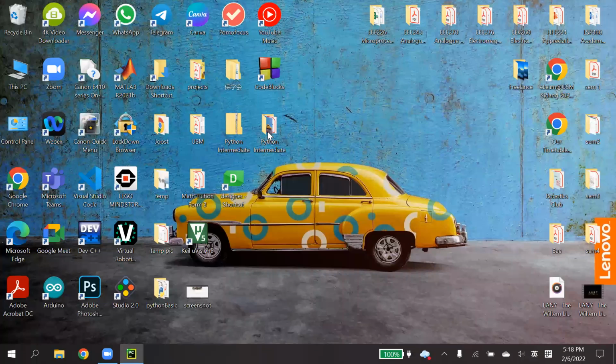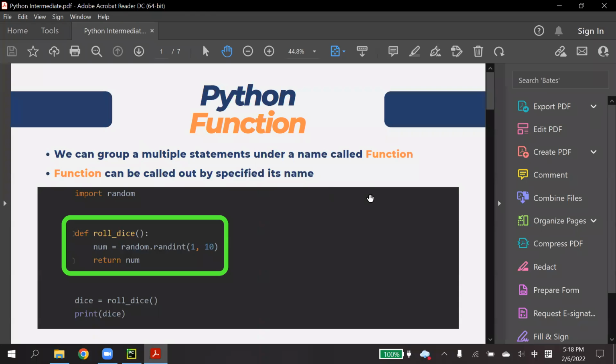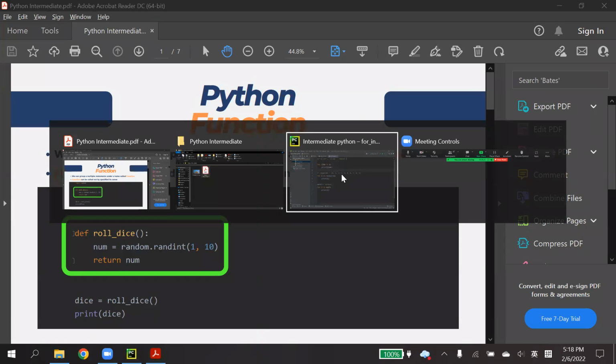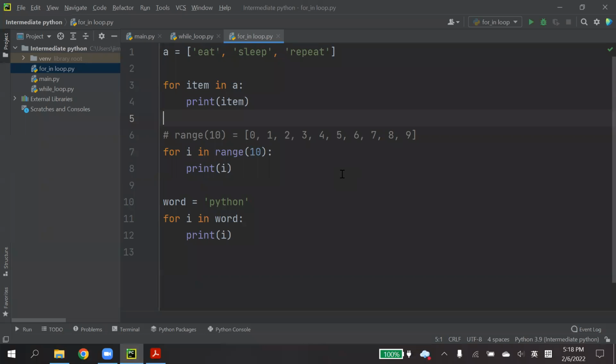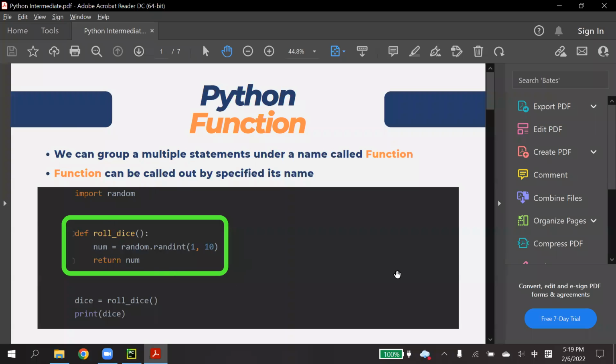All right, so next I will go into what I want to teach today. If you already have the basic knowledge about how to create variables, how to deal with operators, and also decision making and repetition, then the next one is function.